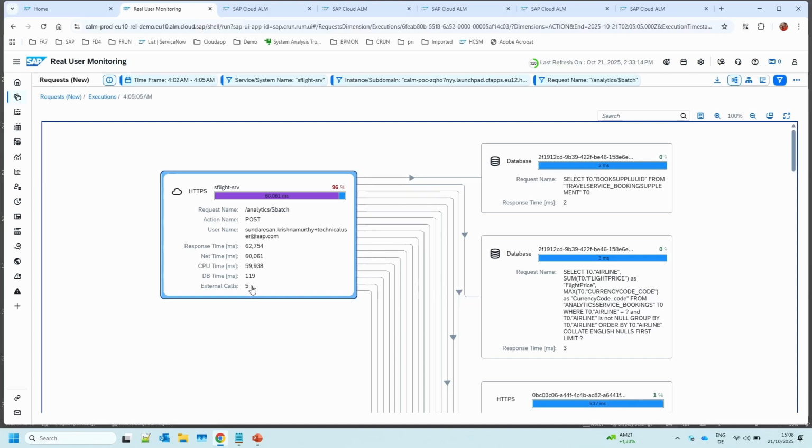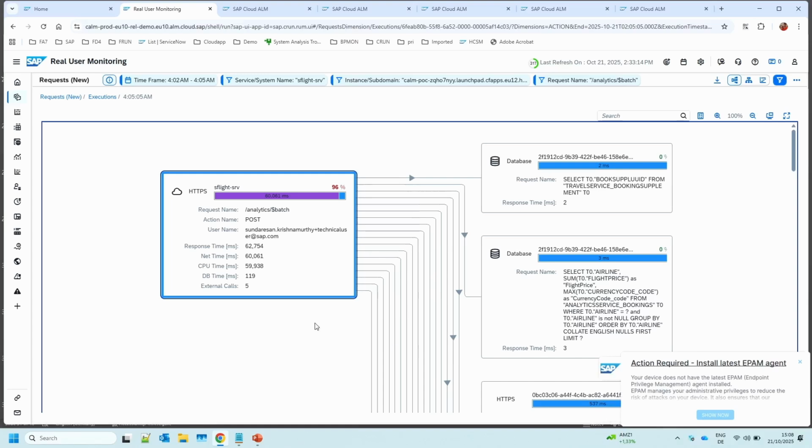This request had 5 external calls, so outgoing calls to something else. We see this, for example, here to an HTTP call, but these are not the performance drivers. The performance driver is really here in that component. If this would be a database issue or an expensive database request, we would see it also here as the SQL statement, or here in the database time. But here it's really CPU time, and in this case it is a BTP application.